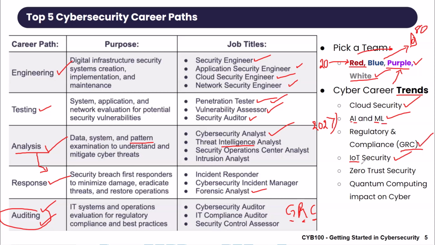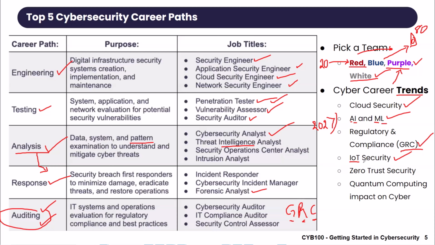Internet of Things, IoT security. This one is another one that's really huge. And the reason is there's a lot of so-called smart stuff that's coming into the market. We have self-driving cars, your refrigerators are becoming smart, your microwaves are becoming smart. So this is good for us, folks, in cybersecurity. This is good for us. The more of these so-called smart appliances, the smart things that they put on the internet, the more exposed these things are going to become, and the more they're going to need you to keep them secure. So specializing in IoT security will be great.